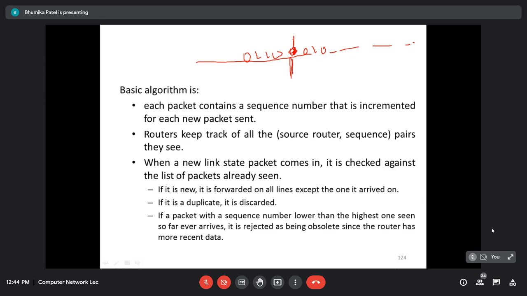Somehow an error occurs. Then this packet with this sequence number will be rejected because it can be an old sequence number that has already been seen by the neighboring router. So this packet is going to be rejected because of this corruption, this corrupted bit.